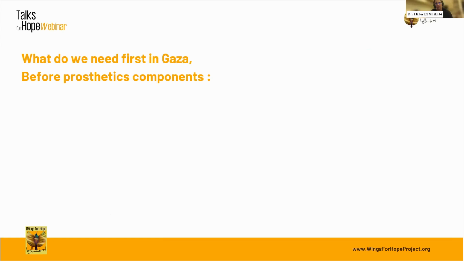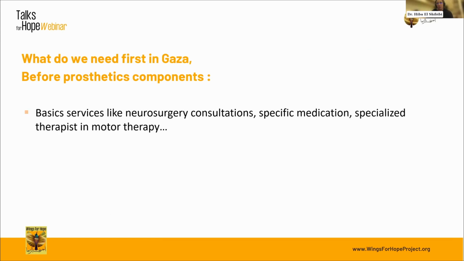So what we need with CPOs and inside Gaza, we need some basic services. So neurosurgery, we need specific medication for the neuropathic pain. We need specialized therapists in motor therapy and so on. We need crutches and wheelchair. The first patient doesn't have crutches, so we can send him to the neurosurgery consultation, but he doesn't have crutches